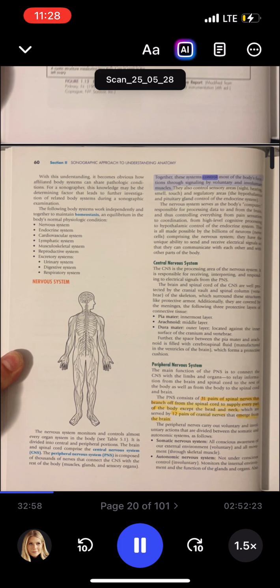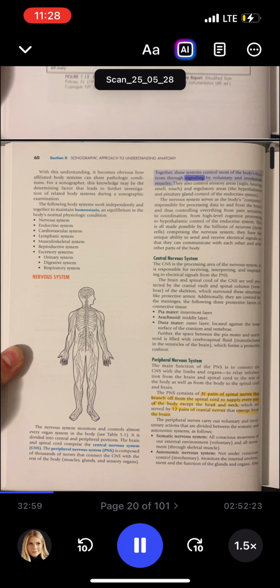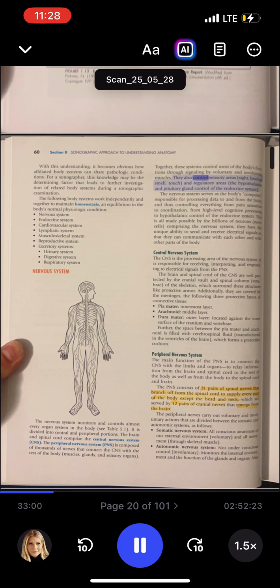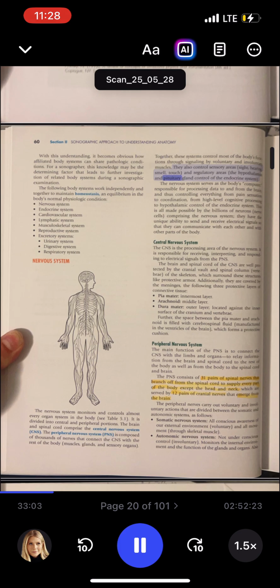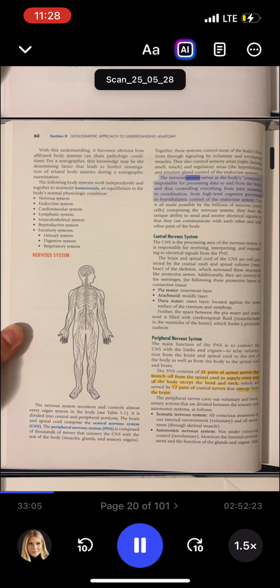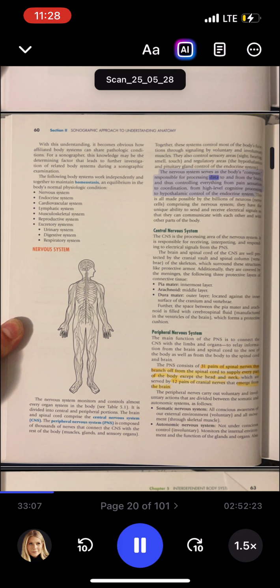Together, these systems control most of the body's functions through signaling by voluntary and involuntary muscles. They also control sensory areas, sight, hearing, smell, touch, and regulatory areas, the hypothalamus and pituitary gland control of the endocrine system. The nervous system serves as the body's computer, responsible for processing data to and from the brain, and